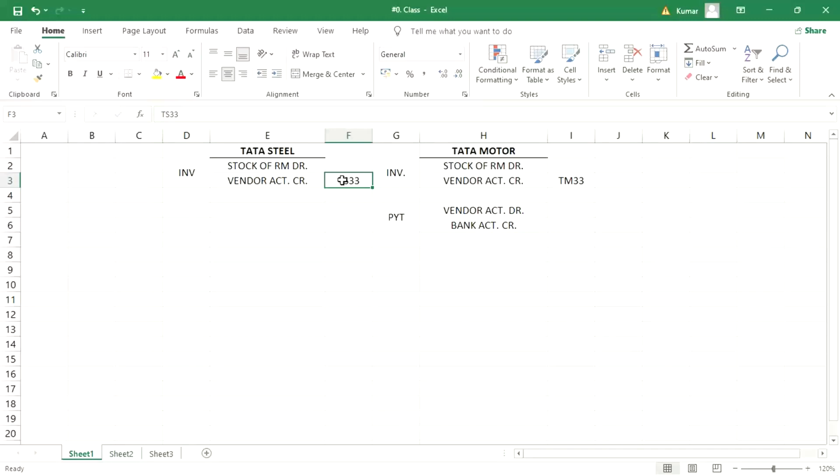So how is the transaction supposed to happen, guys? The bank account belongs to Tata Motor. At the same time, payment is going to be made to the vendor which belongs to Tata Steel, right? And this open item must be cleared. Okay. So now what to do? So in that case, during payment,